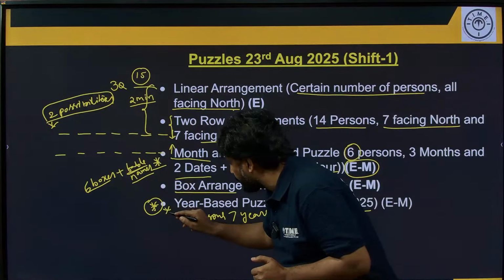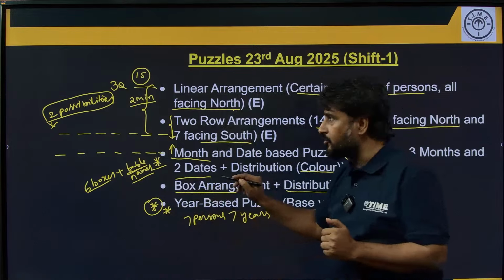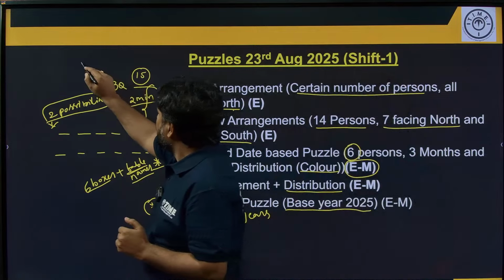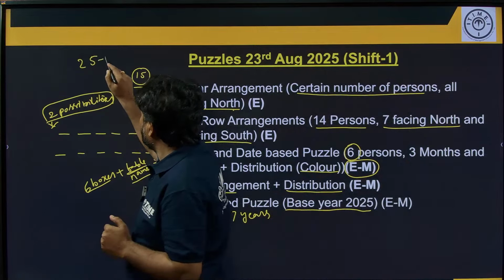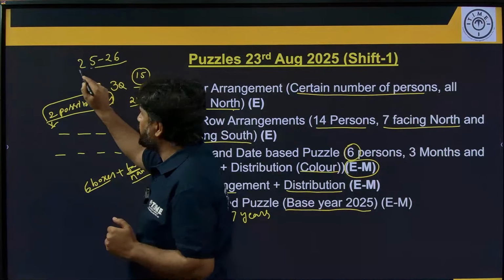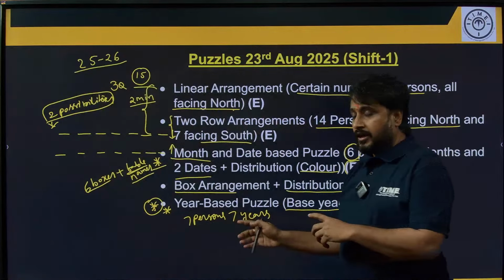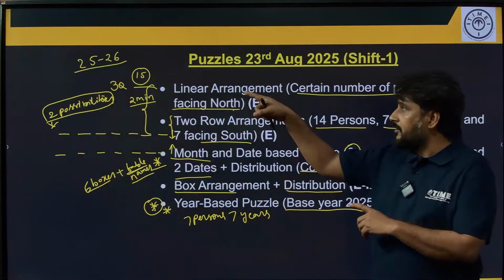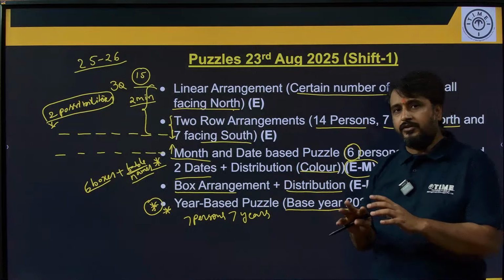If you can skip this question, as I told you earlier, you will be able to easily do 25 to 26 questions if you skip this question. If you stick to this question, the number will come down. Okay, so this is the overall